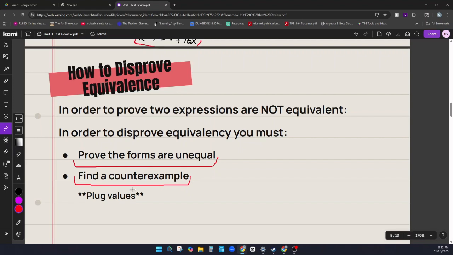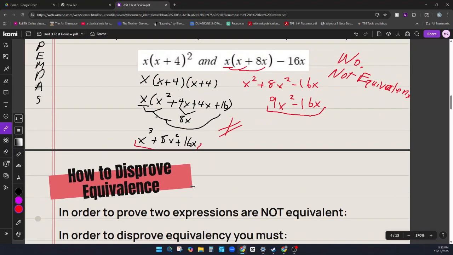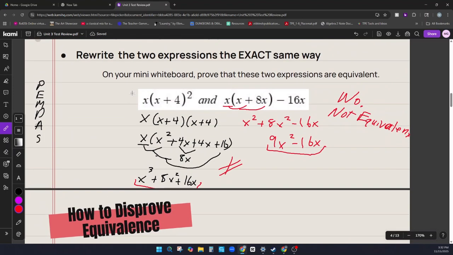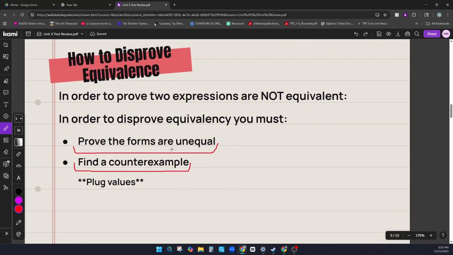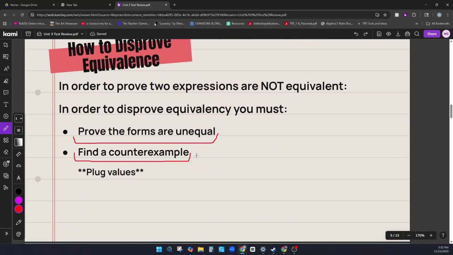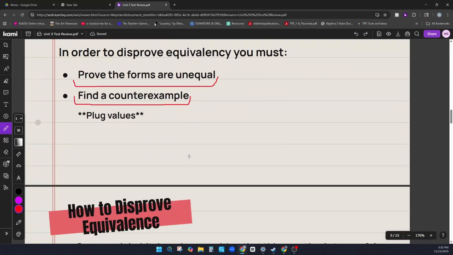Another way, if you want to use this method, you absolutely can. We went over it briefly, but you could find a counterexample. Also, if you plugged in an x value into here and plugged that same x value into here, you would get different results. So if that's your method of choice, you're more than welcome to. But for this review video, we're going to stay on topic of changing the forms to prove that they are unequal. Okay,